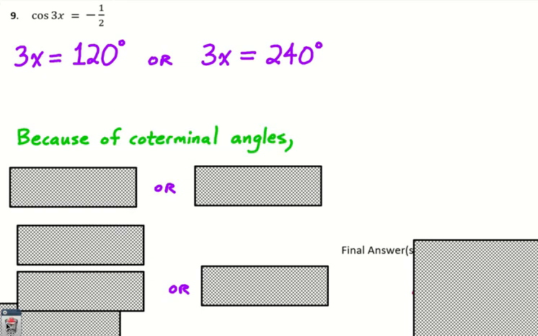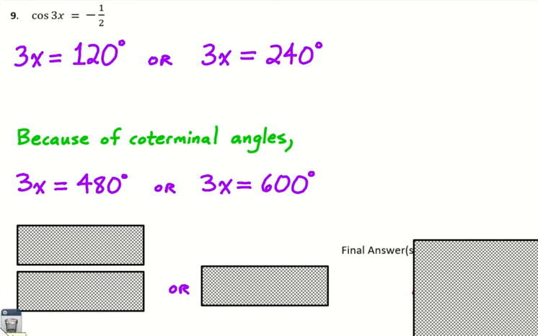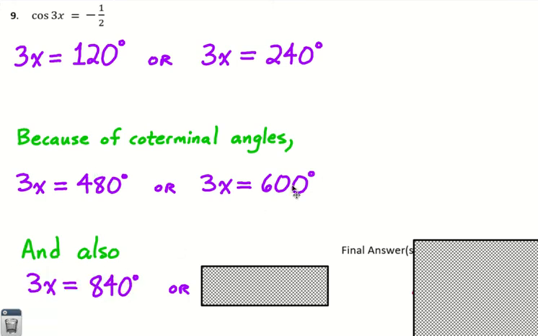But because of coterminal angles, if you double dip on the 120, like if you just go around the circle again a full 360 and we add 360 to the 120 and we also add 360 to the 240, 3x could also equal 480. You know, the cosine of 480 also equals negative 1/2. And the same with 600. The cosine of 600 could also equal negative 1/2. And also, if we triple dip, if we add 360 again and again,